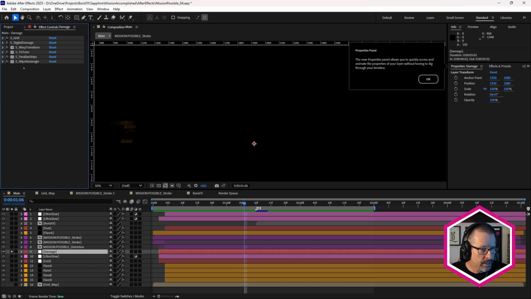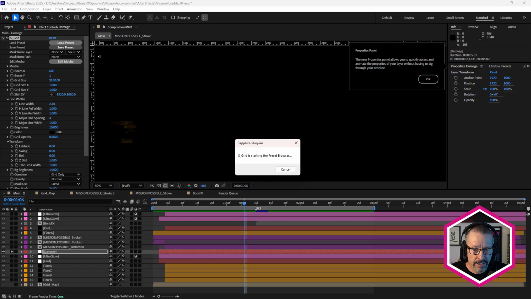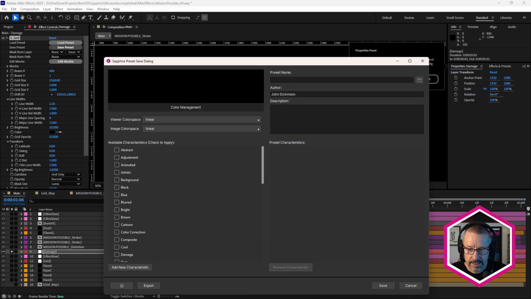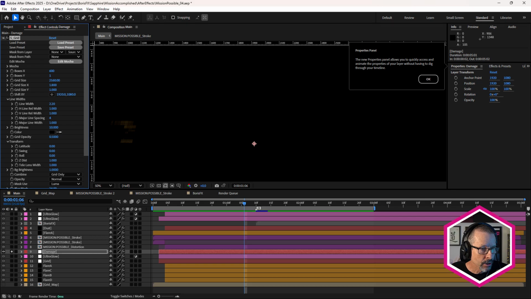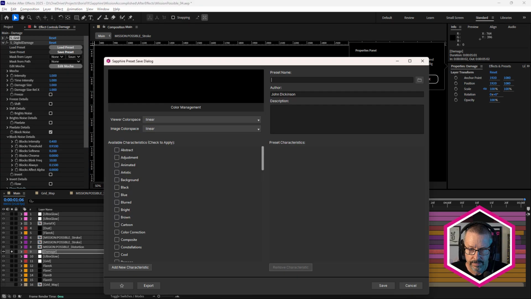So in order to use the settings that we already have, what we have to do is create temp presets. So I'm going to click on grid first, click on save preset, and just type in temp GG. Maybe I can just save that text and click save. So grid is the first one, and then we have digital damage.